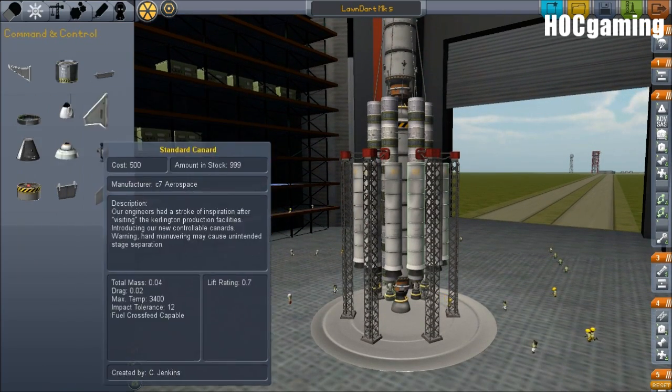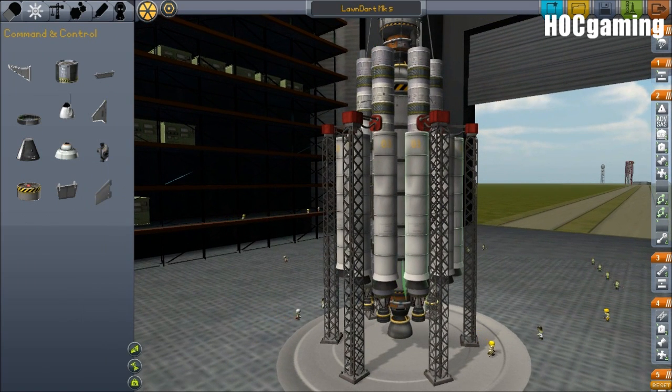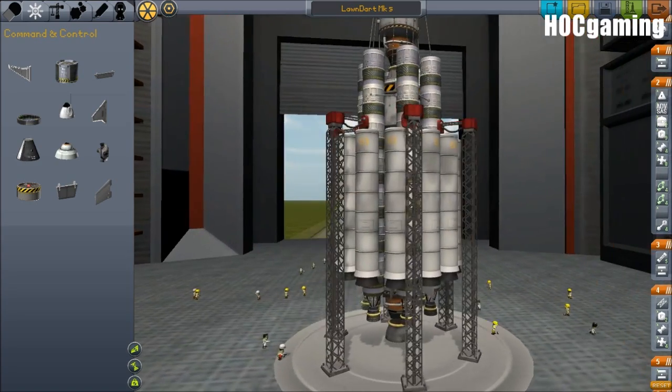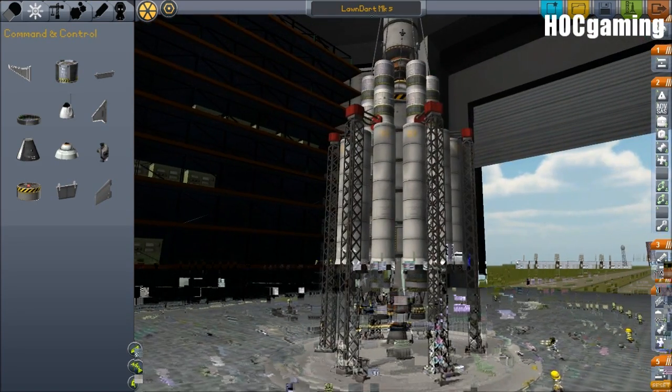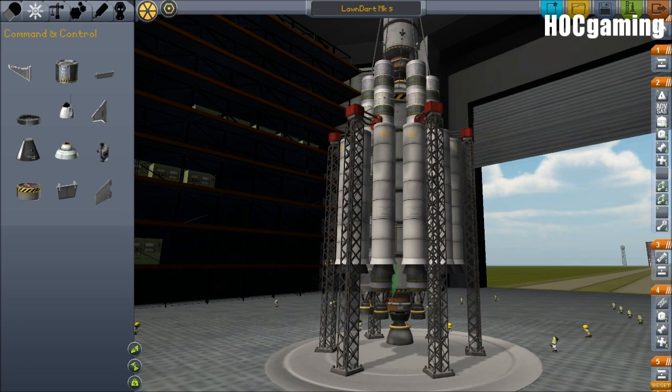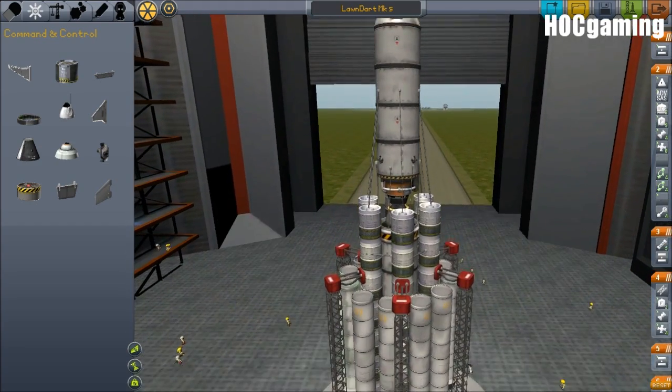Couple of last things that I've just remembered about. Fins. Put some fins on here. Is that good? I don't know. Probably works. Maybe. Slightly. No. Yes. Yeah, that works. There we go. Put some fins on and we can...